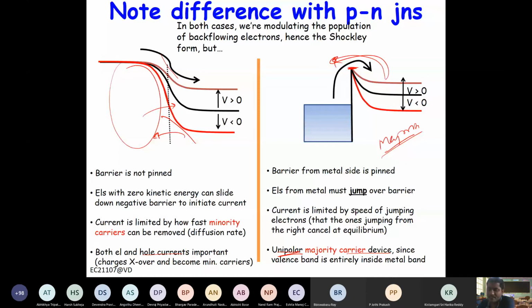And you have noticed other things also. In case of PN junction, depletion region appears on both sides. But in case of metal semiconductor, depletion region appears only on the semiconductor side. Now, this is basically called a Schottky contact or Schottky diode. Can we make an ohmic contact between metal and semiconductor?